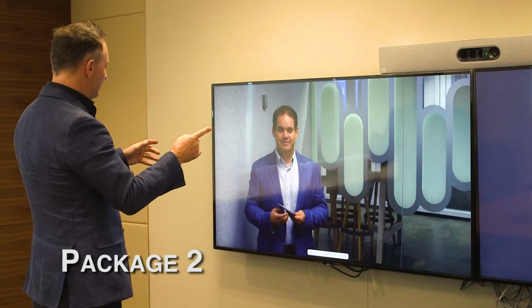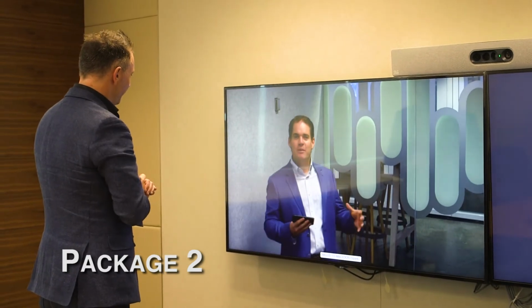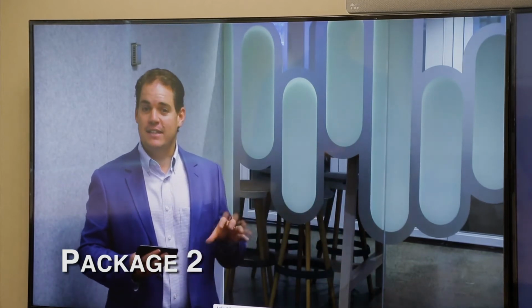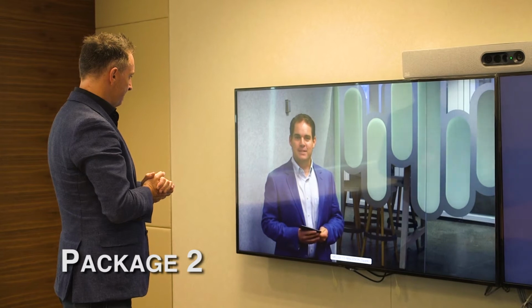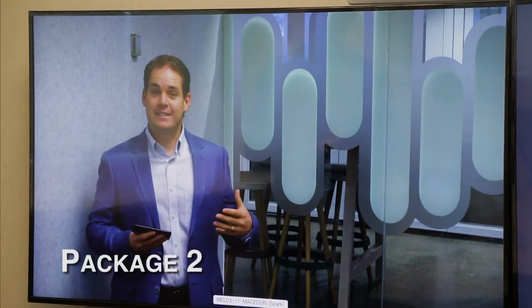Hey, but what happened then? Somehow I can see it's high quality video, but now it's zoomed in on you. Absolutely. So we've got a 4-camera system in this unit, which automatically picks up the entire area in a room, and then it detects anybody's face, so it'll automatically zoom in as somebody starts speaking and deliver a nice close-up zoom of them as they're speaking. Yeah, it's a phenomenal experience this end. Yeah, and of course, then when I go and sit down,